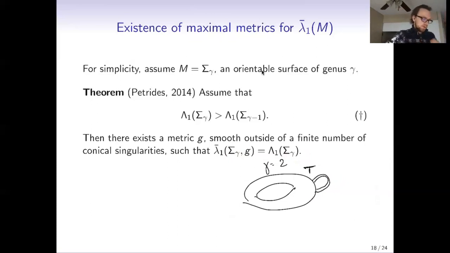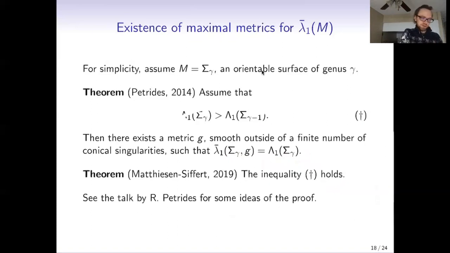And then very recently, it was proven that indeed this inequality holds, right? So for any, and this is not easy at all, it's a very long and technical paper where it is shown that this inequality is true. In particular, a maximizing metric for lambda 1 always exists, right? So the talks by Roman are going to be about a very